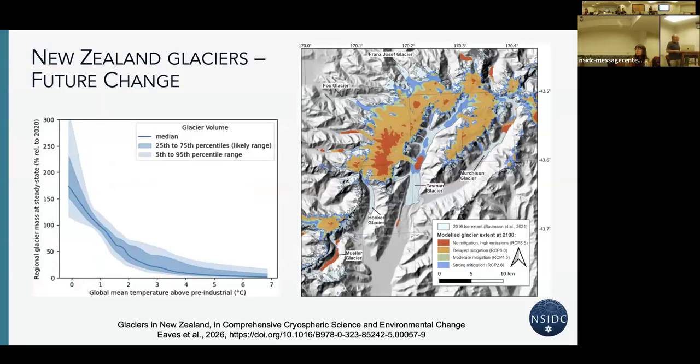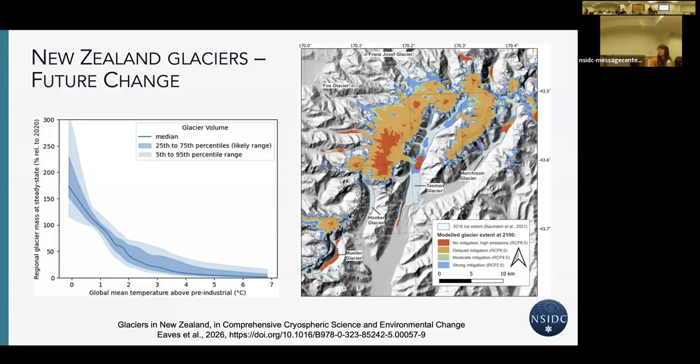And then looking at the future, this is looking at the glacier volume. On the right is showing what happens to the glaciers under different scenarios. The red is RCP 8.5, which is the strongest warming, business as usual, basically no mitigation, high emissions. Then RCP 2.6 is strong mitigation, and you can see there are glacial losses, but if you go to 8.5, you're looking at a large part of the glacier area in New Zealand disappearing. And then the glacier volume, depending on the temperature,